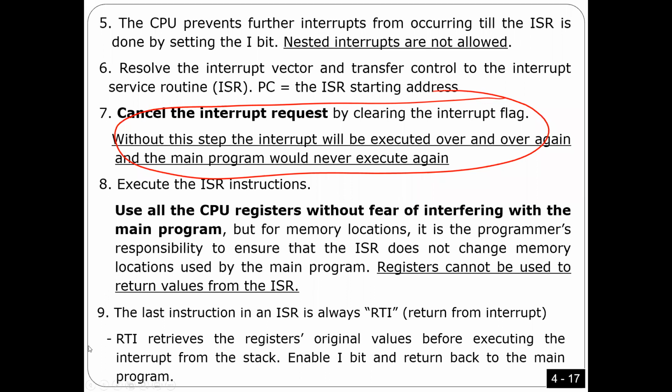The last step here, so inside the interrupt subroutine, we're going to execute from the beginning address, we're going to execute instructions until we find RTI. RTI, this is return from interrupt subroutine, okay? So what this RTI is going to do, it is going to take the return address similar to RTS. Look here, guys. Very important to understand. I told you how RTS works before. RTS takes the return address from the stack and puts it in PC to return back, right? RTI is going to do exactly the same thing as well. So it's going to take the return address from the stack, put it in PC in order to return back,